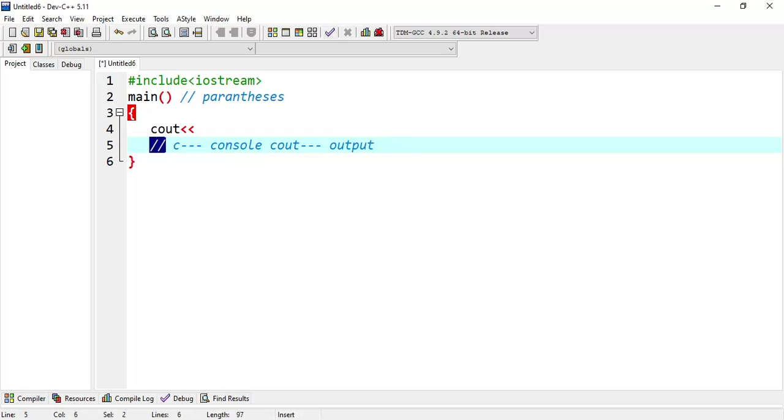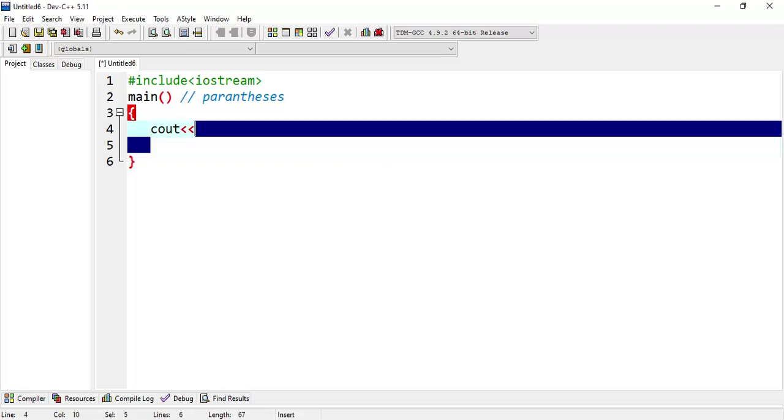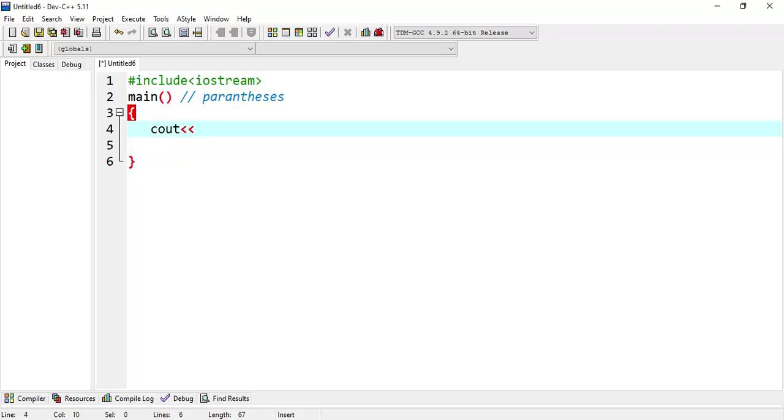After that, we write two opening angle braces. These two angle braces are called the stream insertion operator.